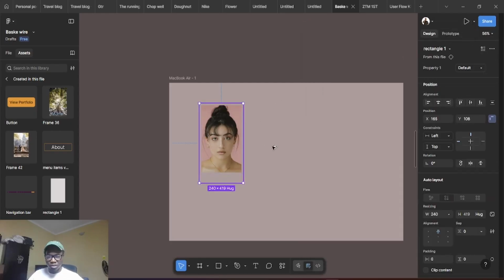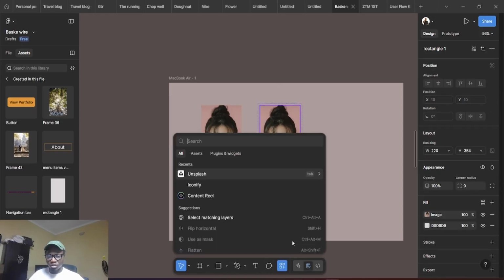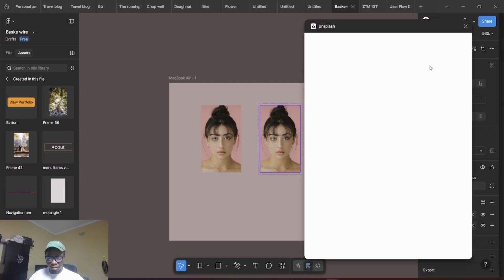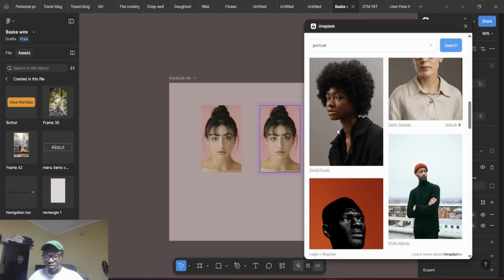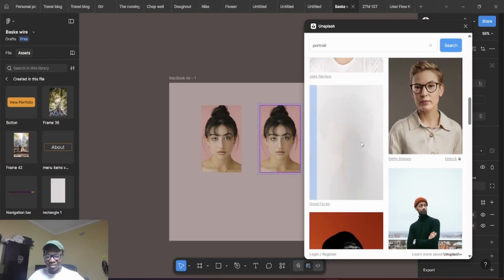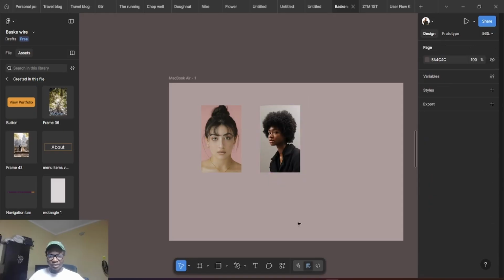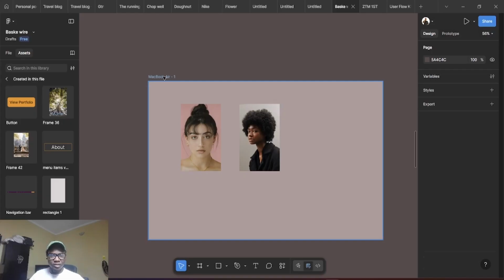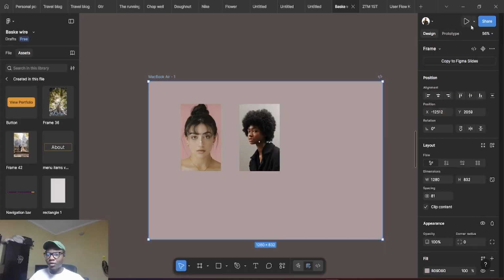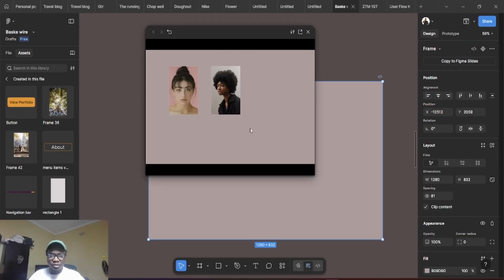So let us duplicate this one more time and triple click. Let us change this image to something else. Bring in our Unsplash plugin, portrait, and this beautiful lady by Good Faces. Perfect. So we have that. So let us test what we've done so far. Let's click on our MacBook Air, go to our preview, and when we hover,